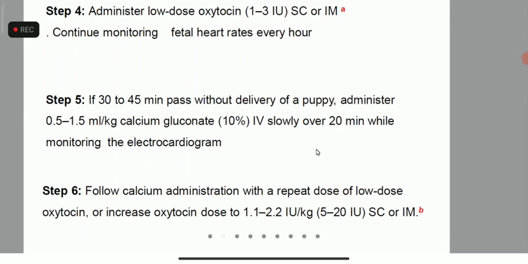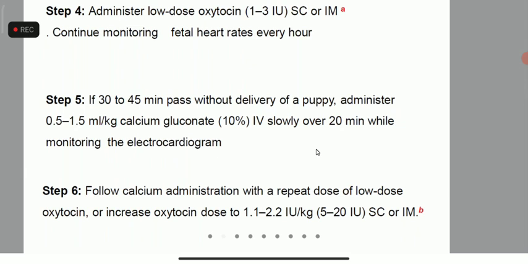Okay, once the cervix is open, you ascertain that yes, the cervix is open. Now you can administer a low dose of oxytocin. Because you are starting, it is better that you go with this fluid. You go with IV. Of course, it is written IM and SC, but in our condition, we simply give IV fluid, so that the effect will be very fast.